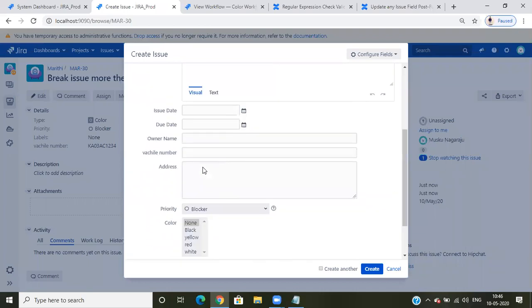Suppose when creating, we have an address. In the address, one date should be in the same format, like 03 slash month, 12. Only 03 and 12 we need to select. If I select something like 1192, it should be rejected.